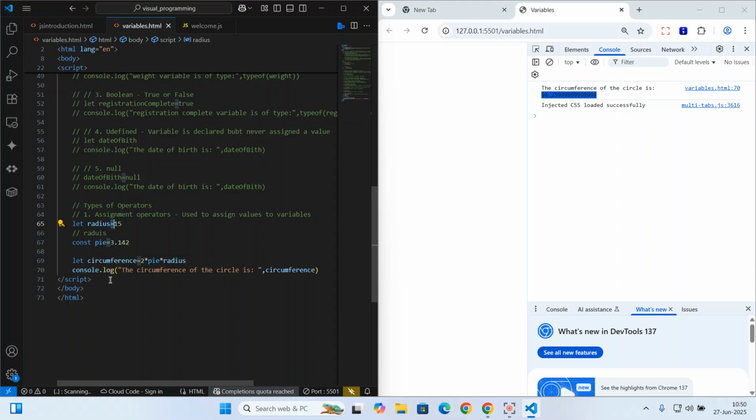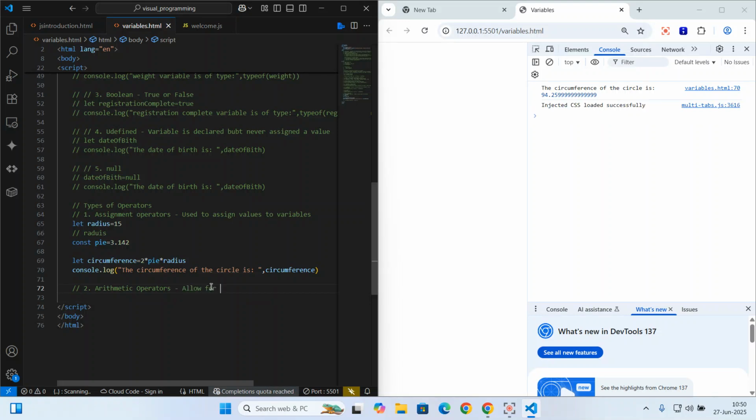Now we have different assignment operators, especially when you're dealing with mathematics, and so on and so on. So we will look at those other operators once we're done with what we call arithmetic operators. So this is one of the assignment operators that we use. There are others, but let me just discuss the arithmetic operators, then we can come back to the assignment operators because they work hand in hand. So the second category I have, as far as operators are concerned, are arithmetic operators. Arithmetic operators allow us to perform arithmetic operations